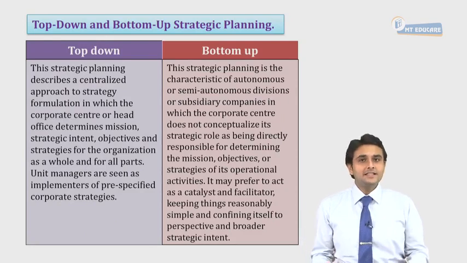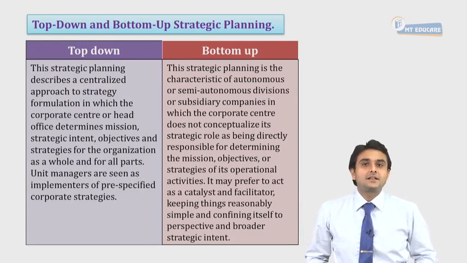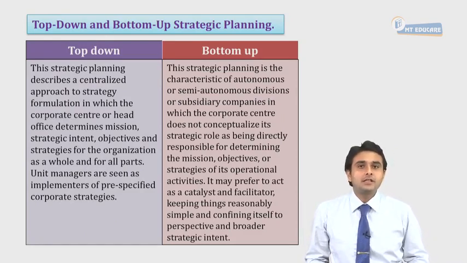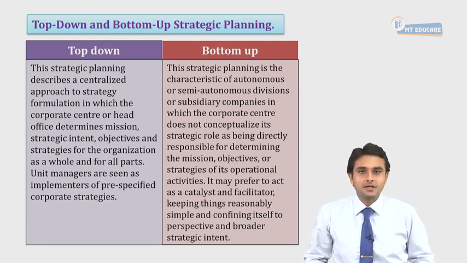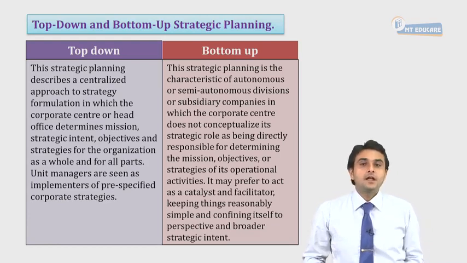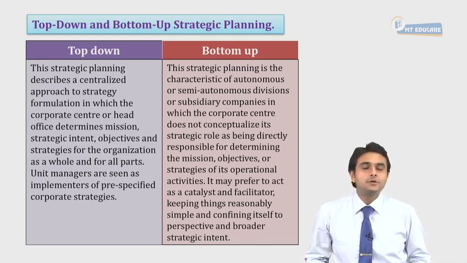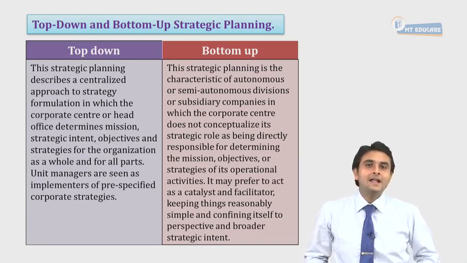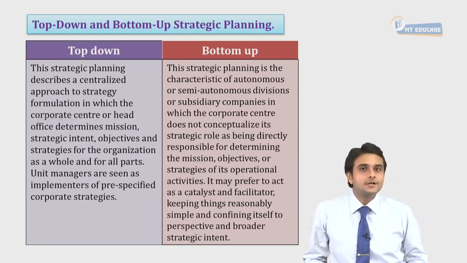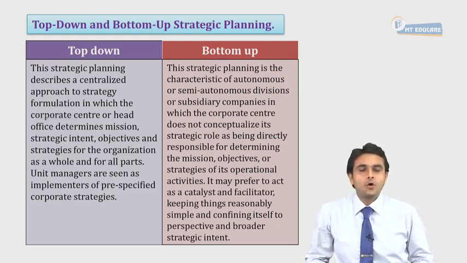Now, for following these strategies, as we understood in the earlier chapters, there has to be an involvement of all the levels of management, which means we're talking about the corporate level, the business level and the functional level. That is the top level, the middle level and the lower level of management. Now, a top-down approach simply means that the strategy formulation will take place at the top level management and will be communicated to them, and they have not much of suggestion or recommendations that can be given because